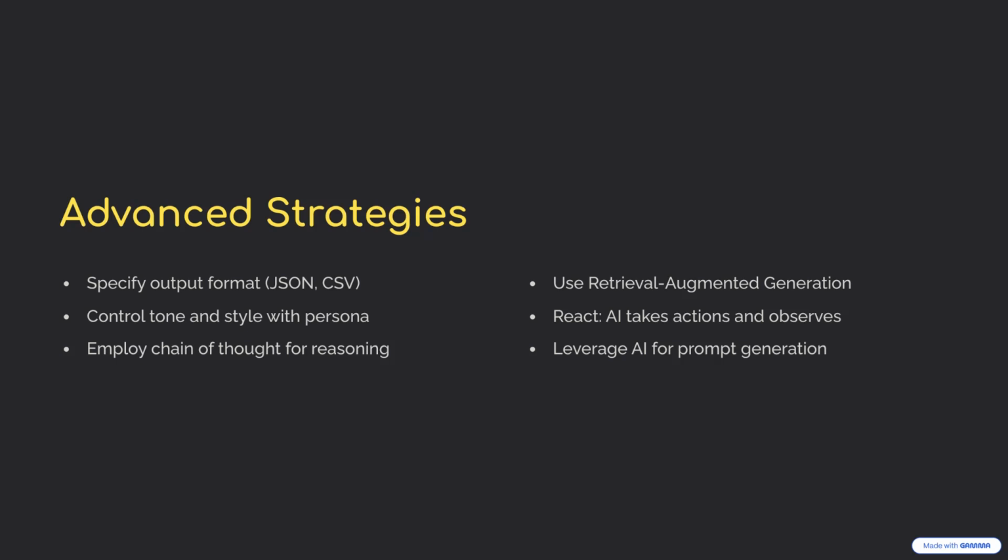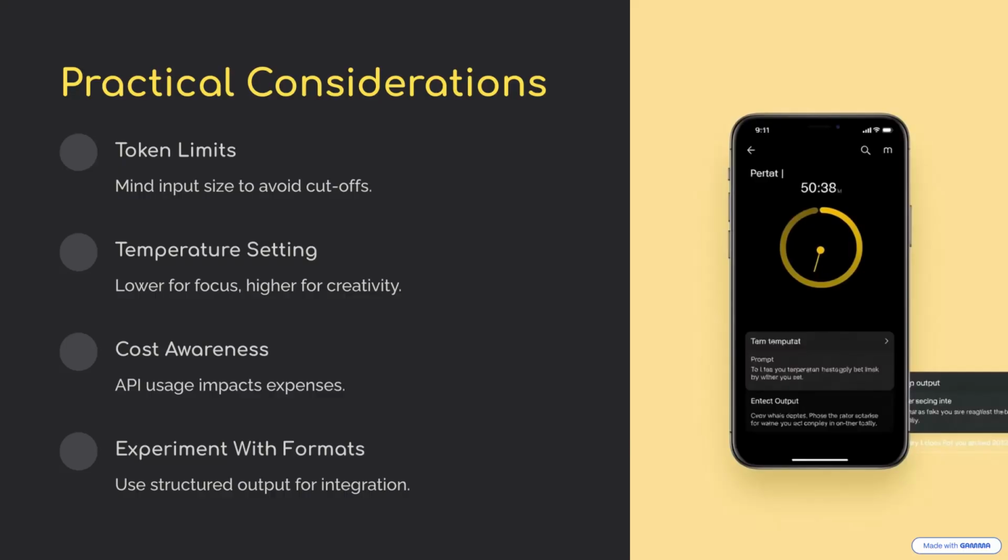Using that SMART framework: specific, measurable, achievable, relevant, time-bound, for what you want the prompt to achieve. And being explicit. Don't assume the AI knows things. Spell out your requirements clearly. We also need to remember that context window, the token limit, especially for long conversations or feeding in big documents.